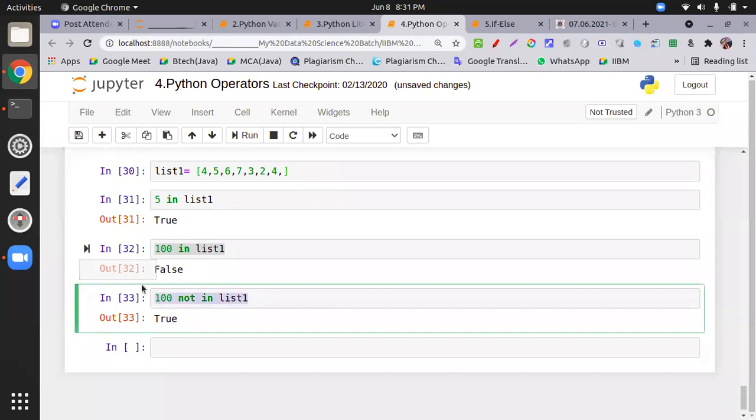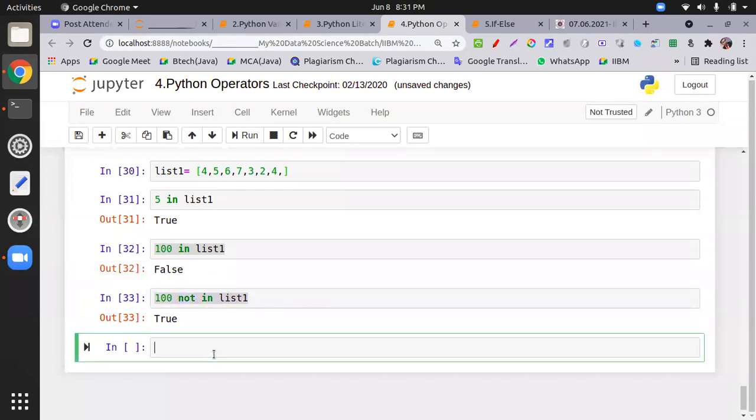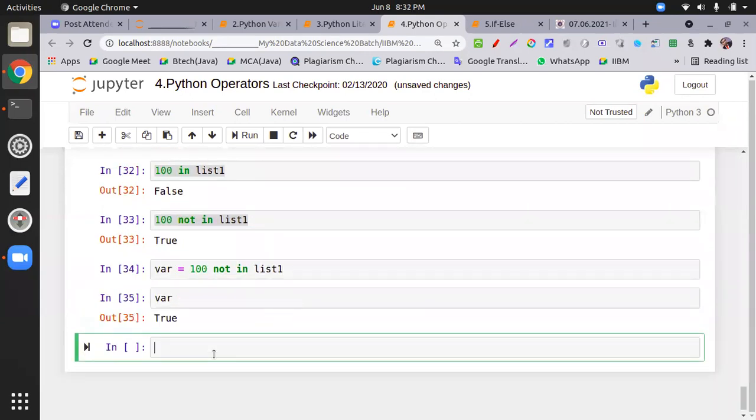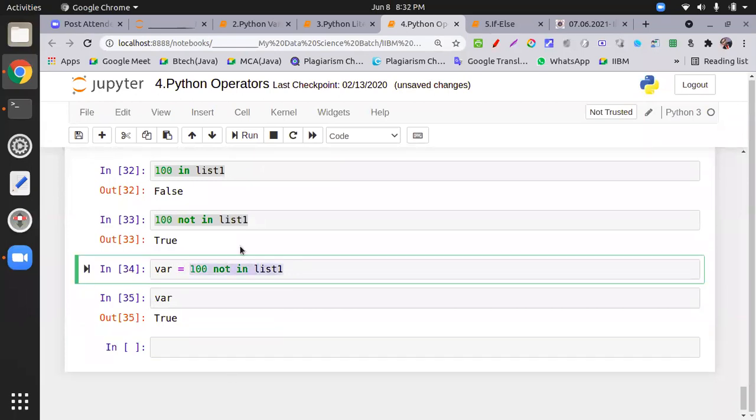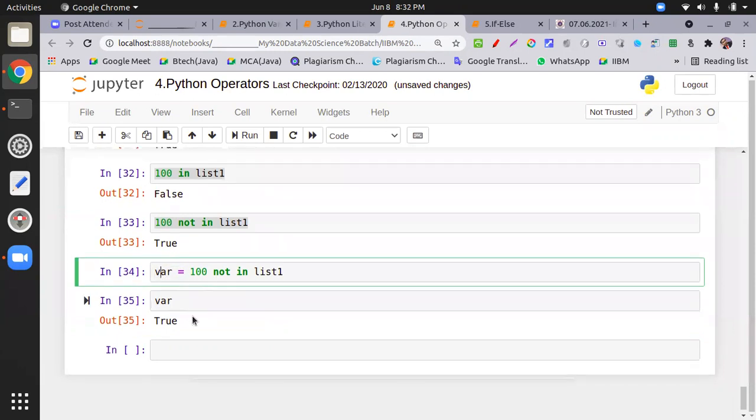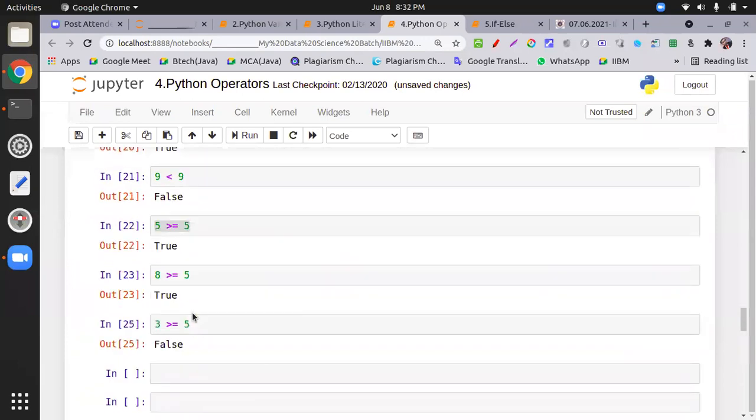Let's suppose I copy this, paste it, and check where we're going to store the result. So you can evaluate the result and store it in a variable, and that variable can be tested in further processing, in a decision control like that. Okay, so this is all about operators.